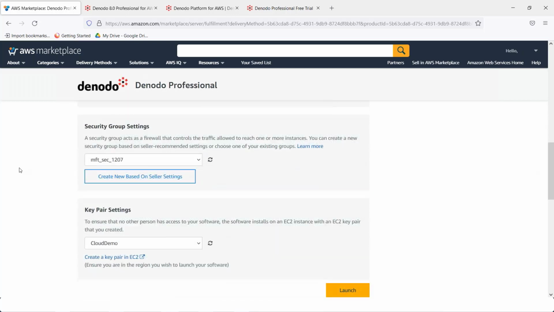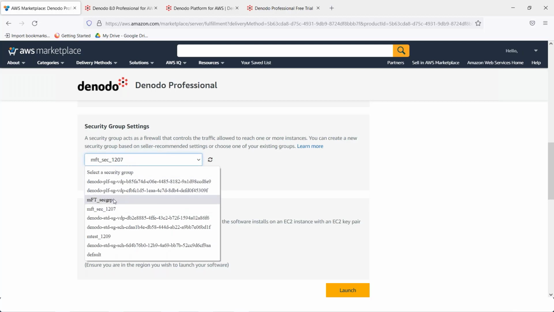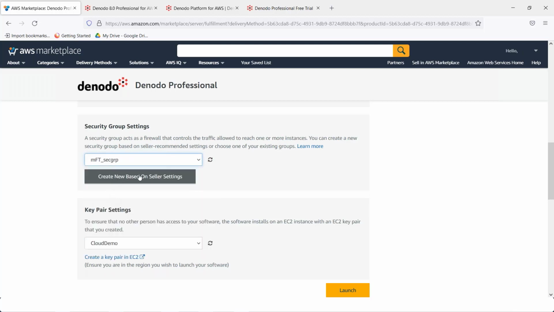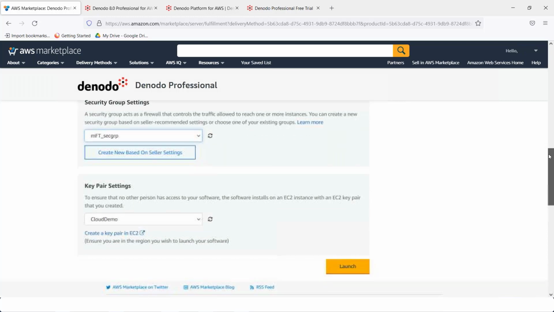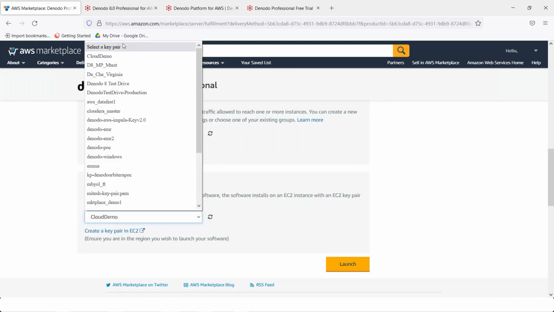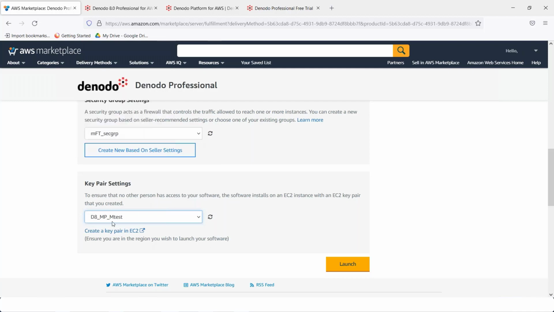For security group, you could create a new one, or refer to the quick start guide. Usually it's the port numbers that you need to be open for you to be able to access and connect through the web. And then the key pair, this is the one I mentioned to you earlier. If you don't have one, you can create one from here. I have one created, for my security login management. After that, I just have to click launch my instance.